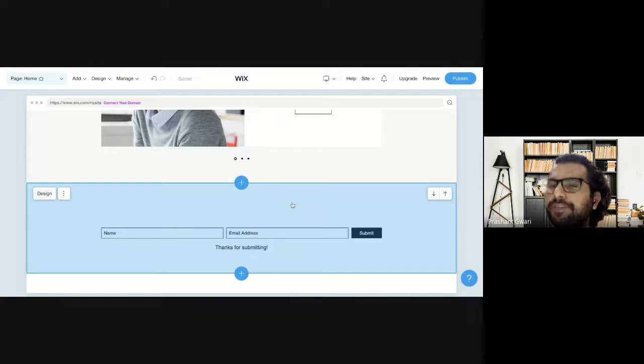So after seeing that offer, anyone gets excited and gives their name and email ID. When they give their email ID or their name, they receive some kind of freebie, maybe a coupon code, maybe free shipping, or maybe free demo classes. But in return, what will you get? In return, you will get an email ID, a genuine email ID, and the person gave you permission to send them an email.